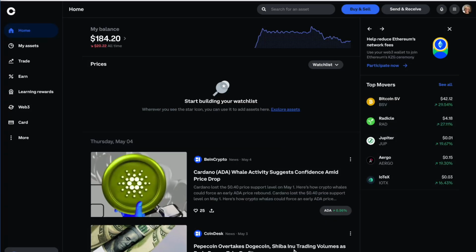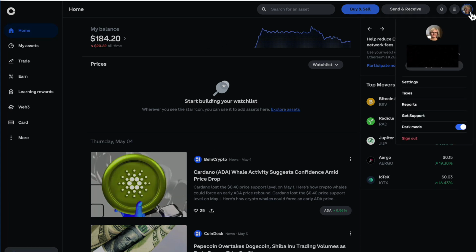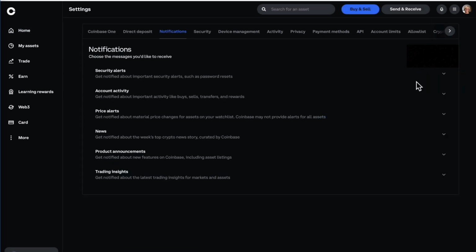Go ahead and log in. Here's where you start out. If you haven't already added a payment method, you might get a prompt to do so right here. If that prompt for a payment method does not show up here, you can go here, click on that tab, and then go to settings, and then go to payment methods,